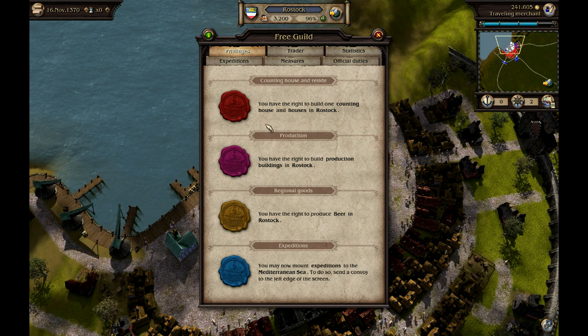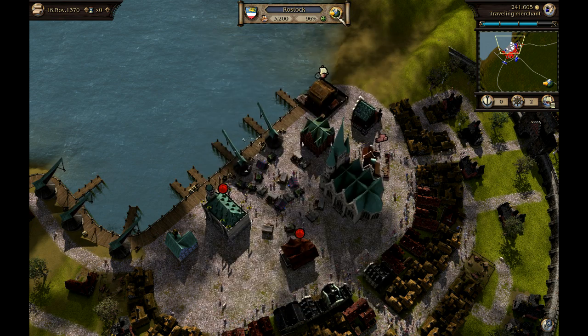Then you need to buy permission to build the regular production buildings in the town. And then eventually, you don't have to get these right away. These are kind of a progression. Then you have to buy permission to make the top good in the town. So in this town, it's beer. And then, one-time thing, you need to buy permission to go on expeditions, and that's just to leave the side